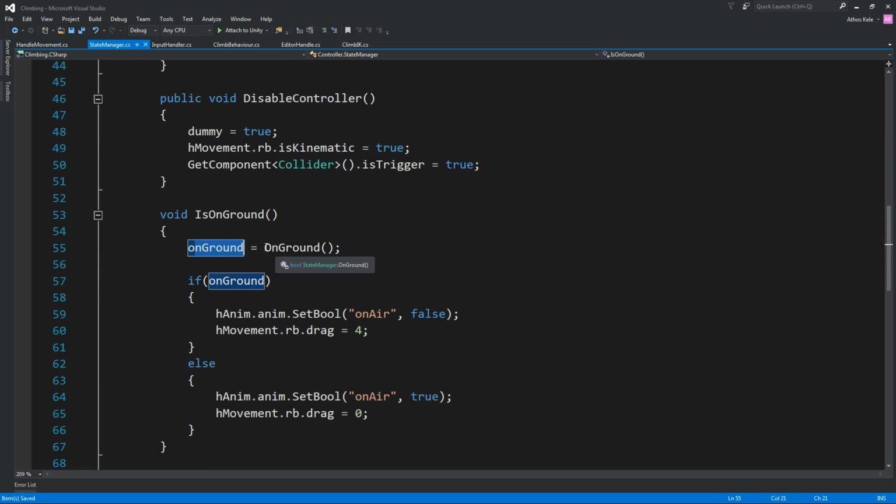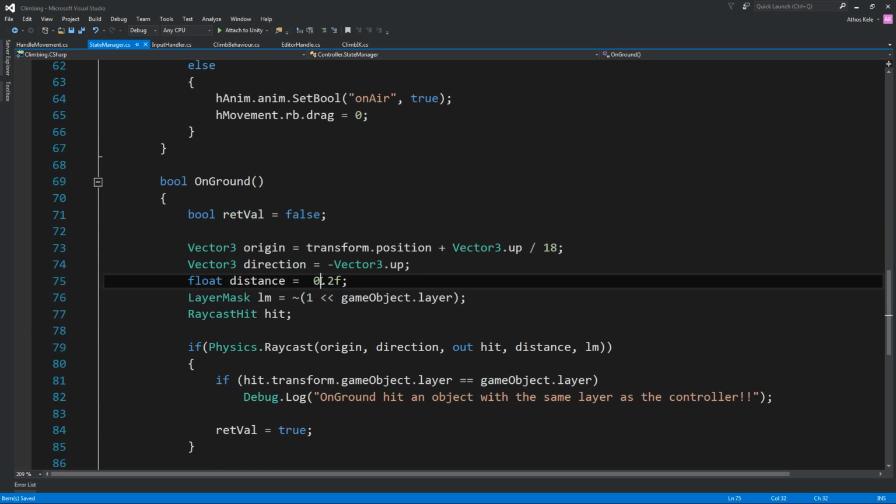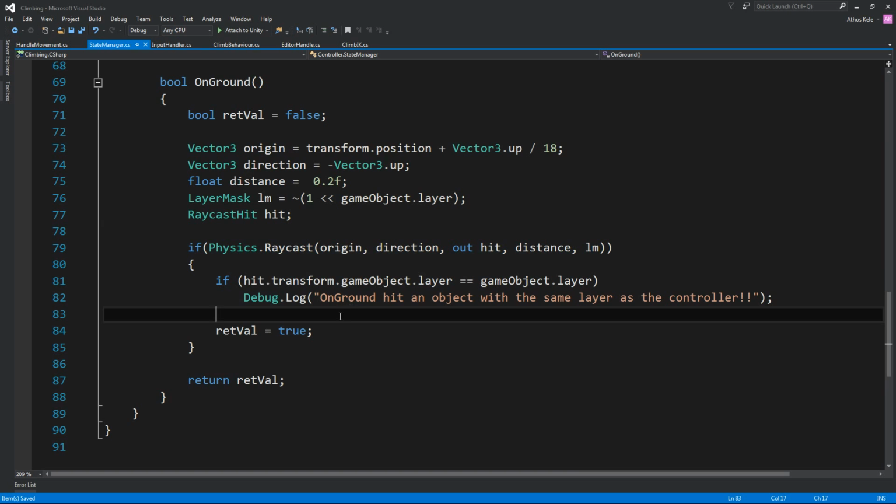If it's on ground, it comes over here, finds a position a little bit above the transform of the player. It adds a direction which is down for a distance of 0.2. It changes the layer of the player; it ignores the layer of the player. It does a raycast from the origin towards the direction, and if it finds something,